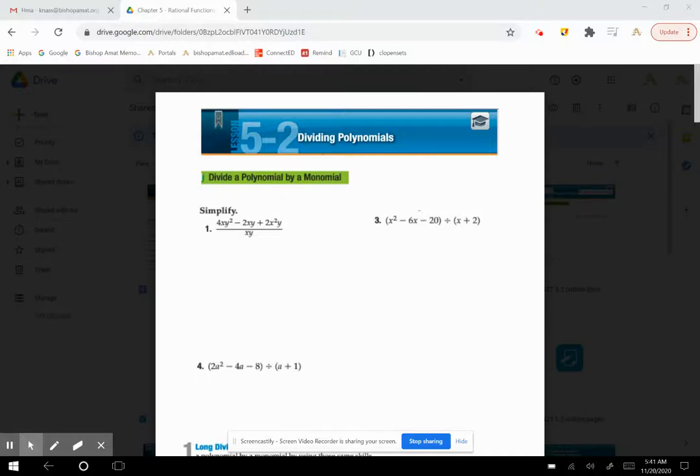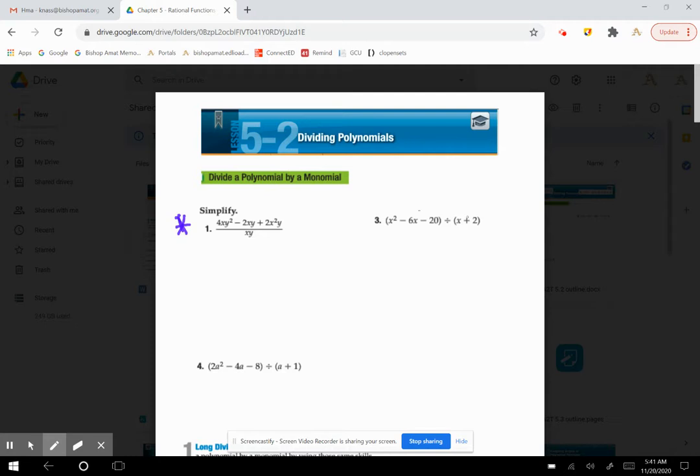Okay, these are notes for 5.2 dividing polynomials. So we have two different types of division. We have a basic division, like number 1 that we see here, and this is because you have a monomial on the bottom. And then we have another type of division where we have two terms at the bottom, and that is a